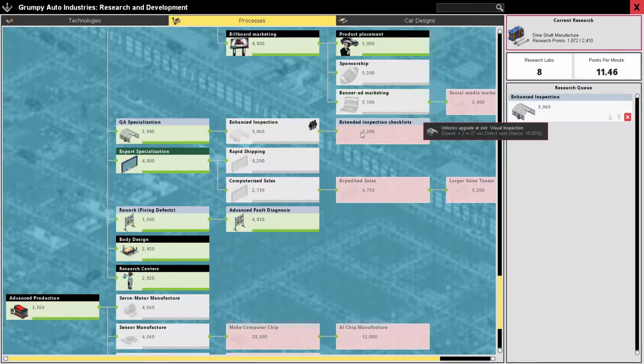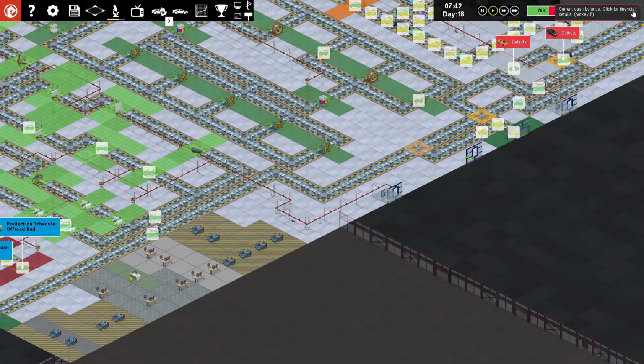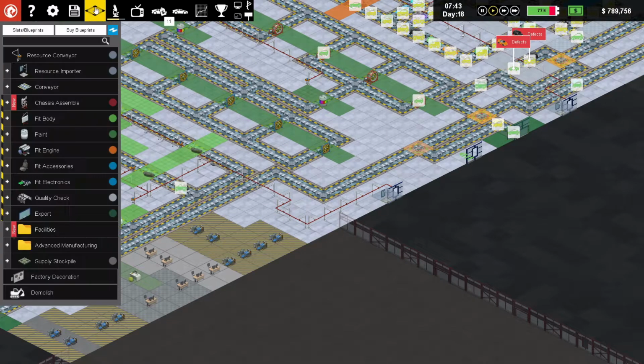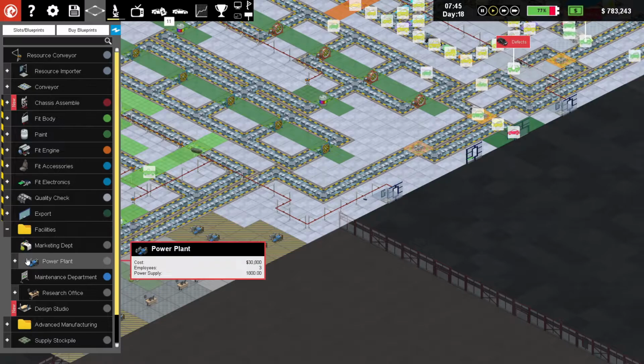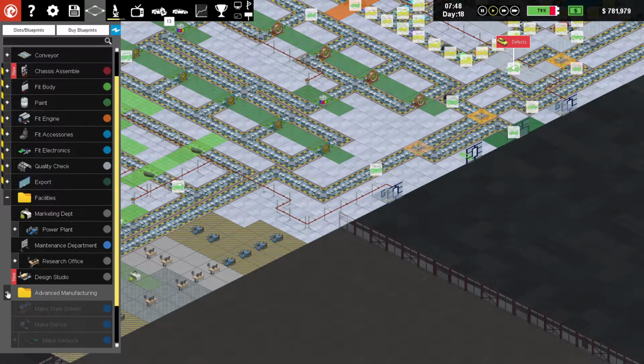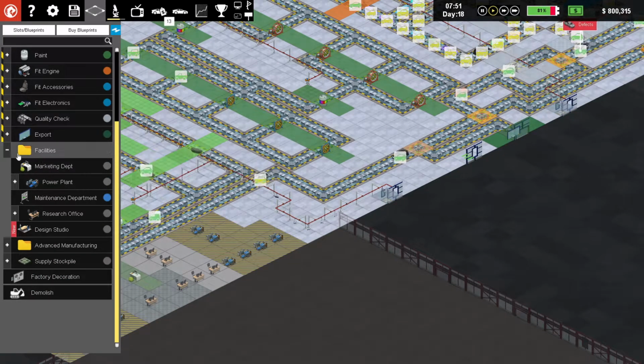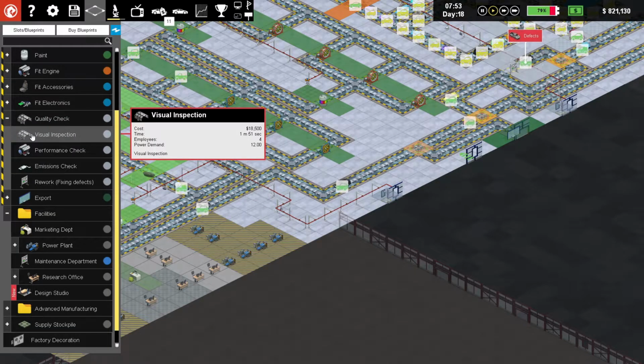Upgrade at slot, visual inspection, speed plus 2 minutes 27 seconds, defect spot chance plus 9%. Wonder if we should put these... hang on. I wonder if we should put these between various things. Well, we've already got the design studio. Facilities, export, quality, visual inspection,